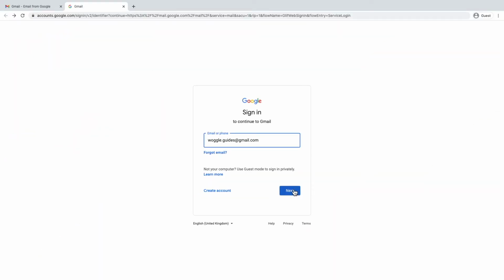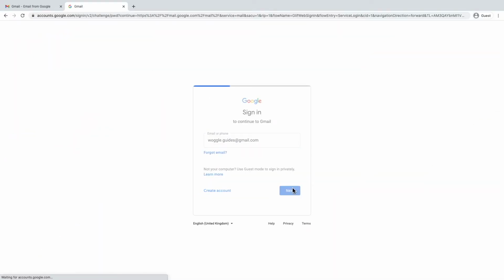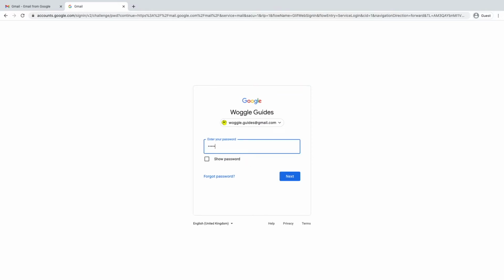So let's get straight into it. We've all experienced this problem where we try to get into Google or Gmail, we put in our password, and then Google will tell us that the password's wrong. Maybe because we've typed it in wrong or we can't quite remember it. So always retry your password just to make sure you don't know it. And if you're confident that you can't remember it, then the forgotten password process is your best friend.